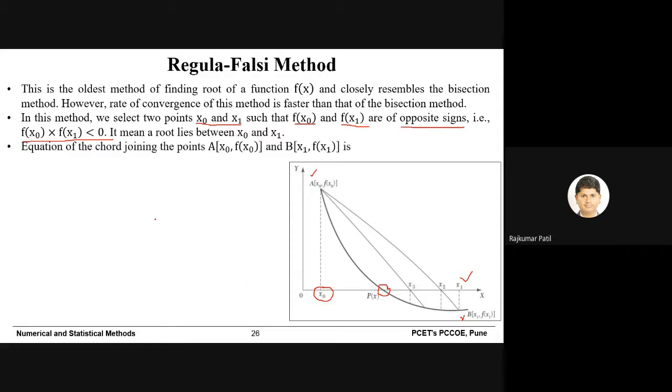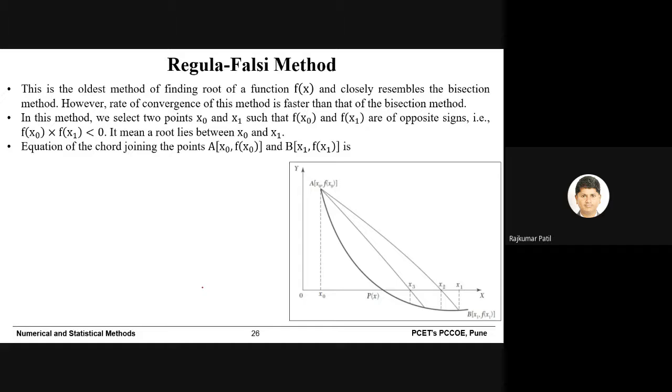Then what do we do in order to reach the root? Because we have point A and point B, and somewhere there is a root of the equation, and we need to understand the philosophy or methodology of the regula falsi method, how we move towards the root of the equation. As I mentioned, we have 2 points A and B. So let's join these 2 points by means of a straight line. You can see here, with the help of a straight line, we join points A and B. Let's call this a chord.